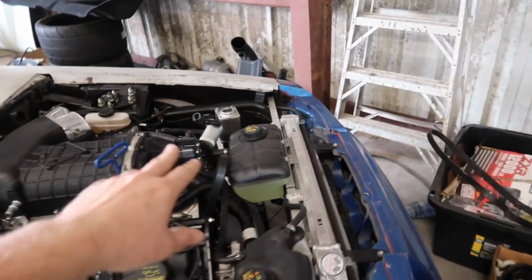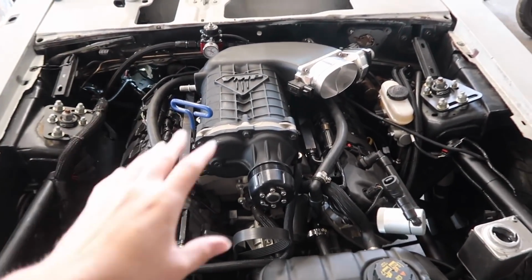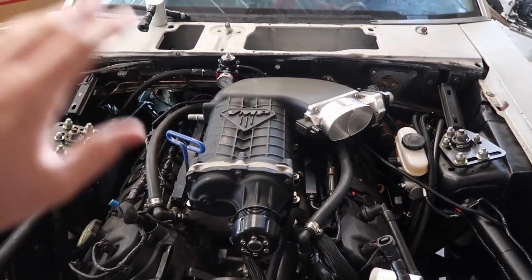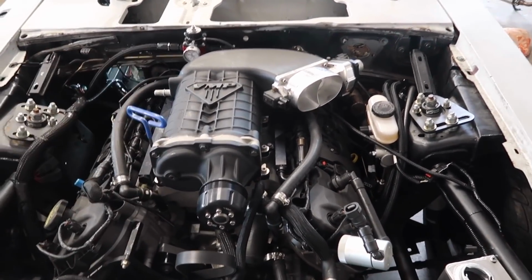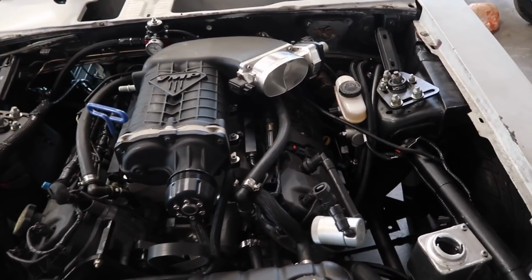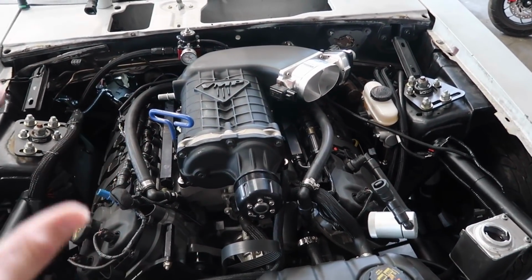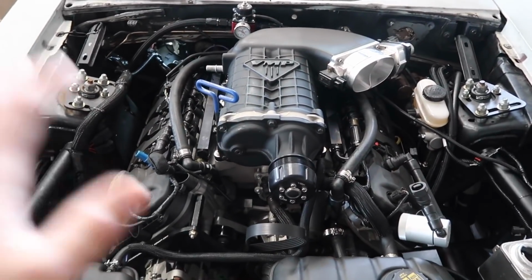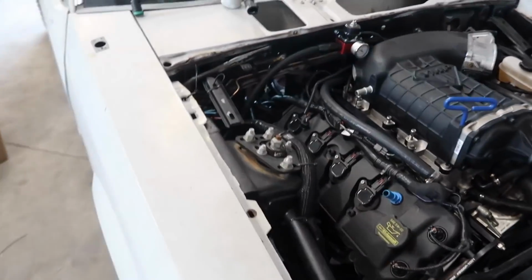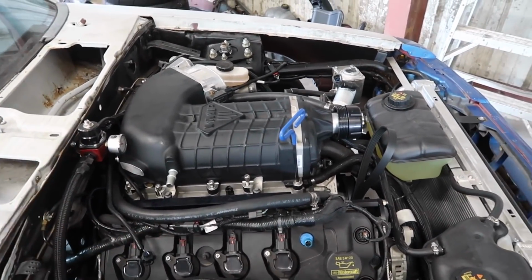So this pulley wise, it is pretty much turned down the most it can go, and this thing is still incredibly fast. So we've decided to go ahead and remove the Supercharger, sell this, and convert the car over to NA. We're going to put a ported Boss manifold on it, and get some track time, dial in the brake system, and really just try to figure out the best possible way to get this thing from A to B safely and have a lot of fun with it without it being an incredibly sketchy, crazy car. I would expect to see this thing somewhere in the 10s NA,